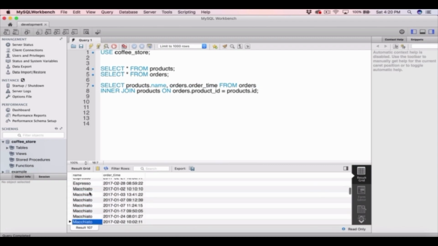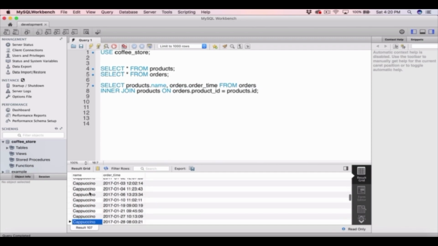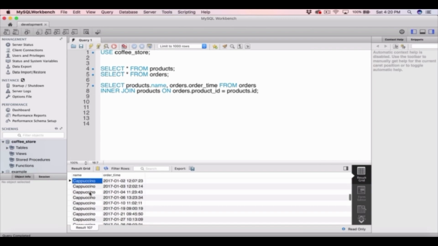And then you can see when the macchiatos and the cappuccinos and the filters and lattes, etc. are ordered. So this is how we join tables using an inner join. And it's quite a lot of writing here. There's quite a long statement to write out, but there's actually a shorthand version of this, and let's write out